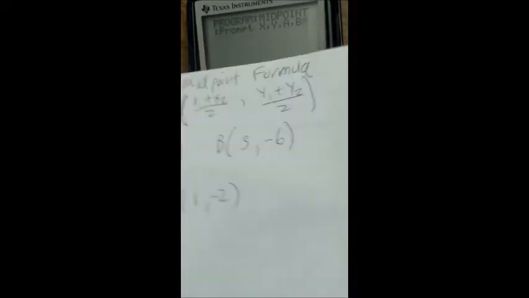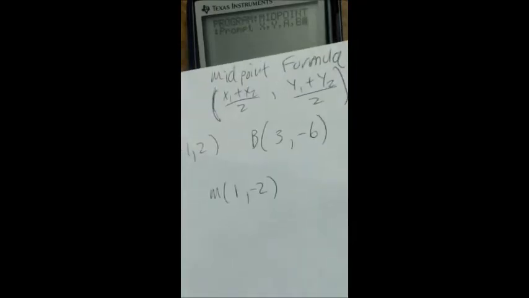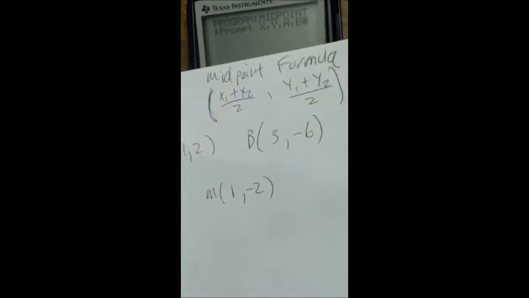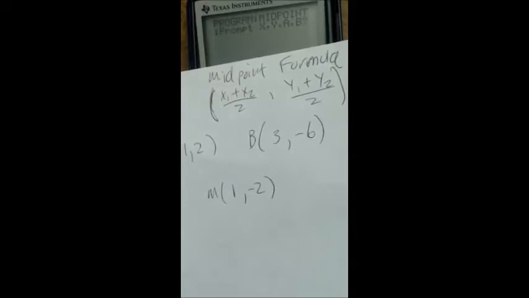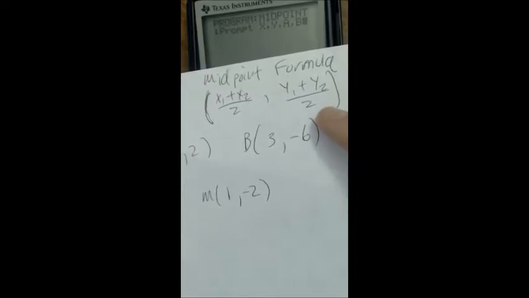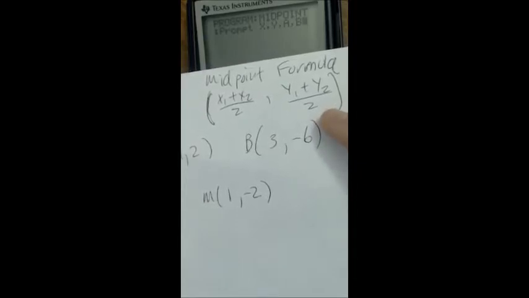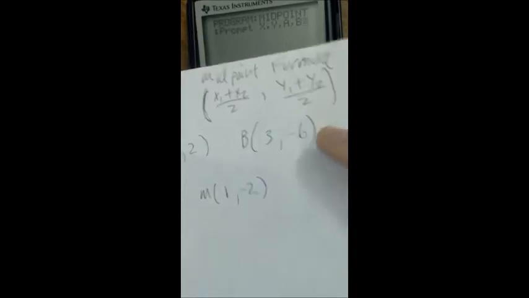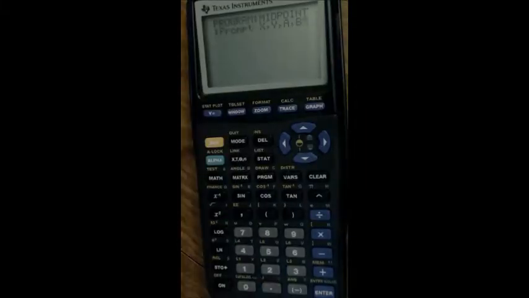Okay? Because the midpoint formula is this right here, which is X1 plus X2 divided by 2. And that's your X value for the midpoint. And then your Y value for the midpoint is Y1 plus Y2 divided by 2. There we go. Press enter. And now,